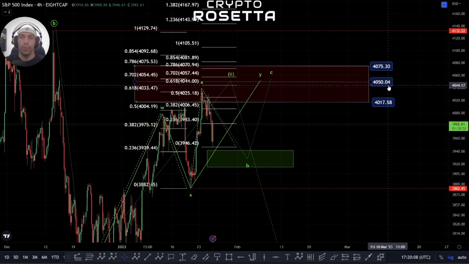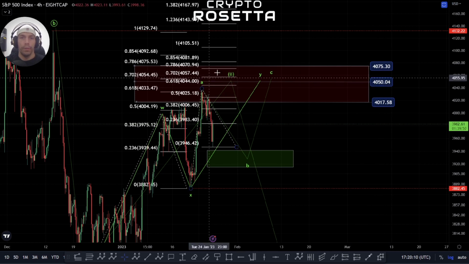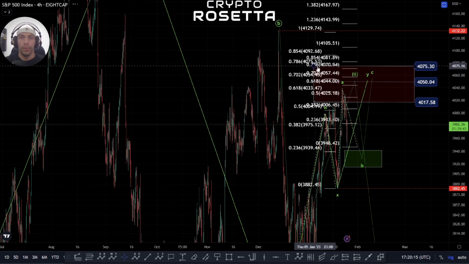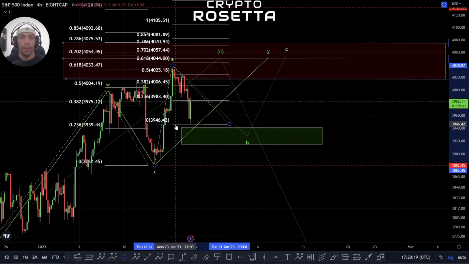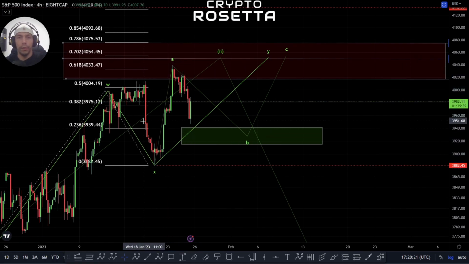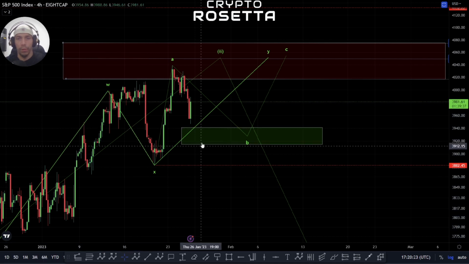This 4050, 4075 as well could be a zone that we could look to face rejection off of. So yeah, I mean, we'll just have to give it a bit more time to see what happens. Though, if we do just start to break down here, what we need to just be aware of is there